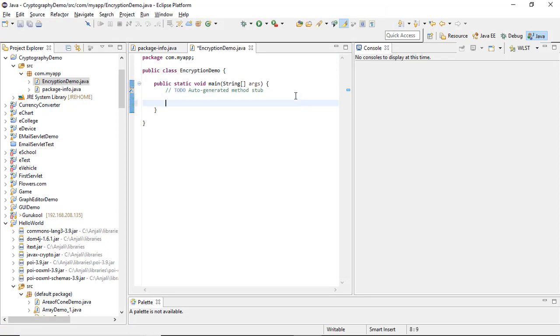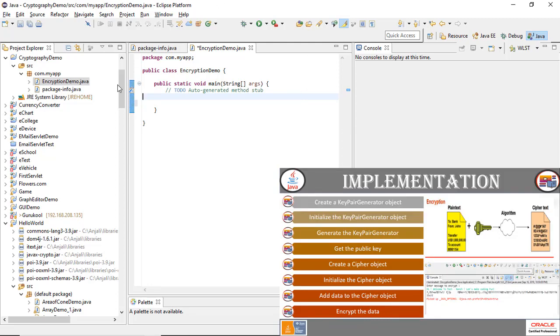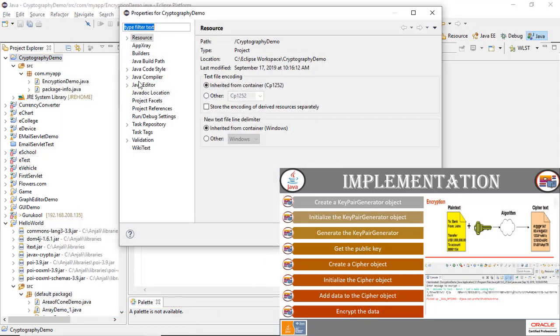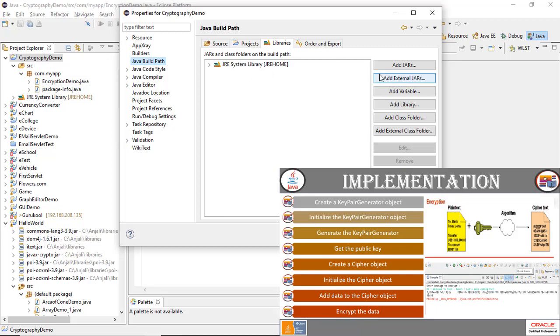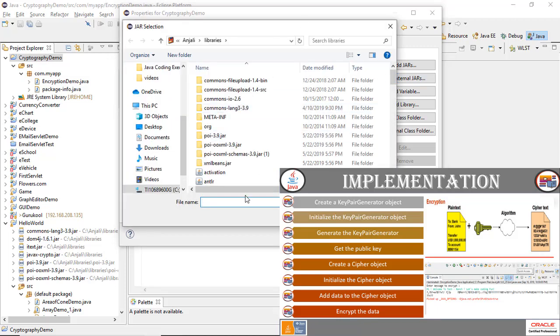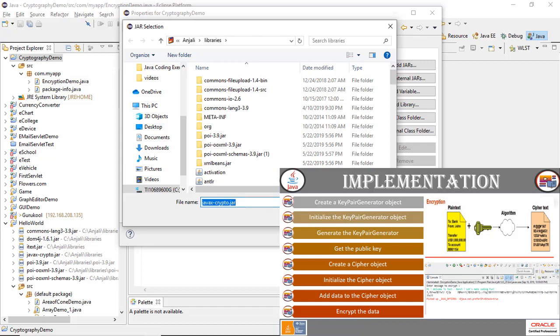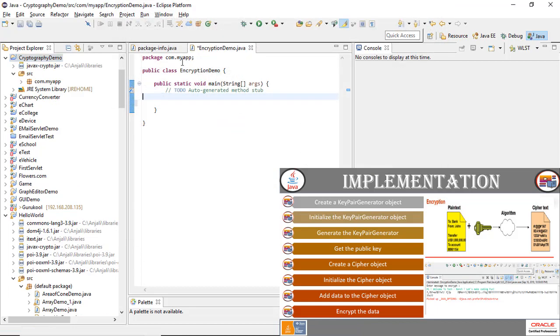Since we are going to implement cryptography, let's have the Java cryptography API included in your application beforehand. So first thing first, we have to include the Java cryptography API jar file, which we have done. Now next step,